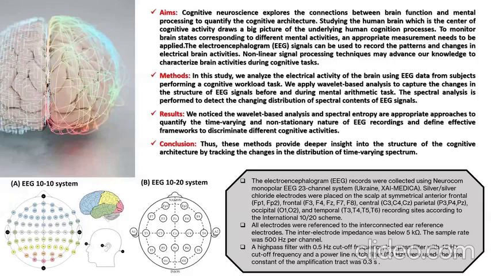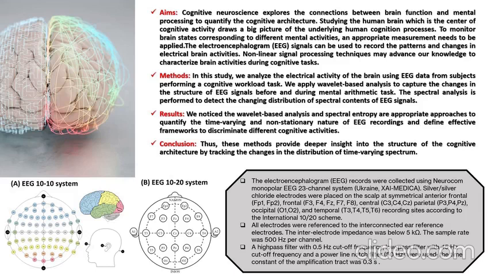EEG-based measures of cognitive workload, such as spectral features of the EEG, have been used to classify different mental arithmetic tasks at different levels: low workload and high workload, and also relaxed. The reason EEG measures are an efficient classifier of mental workload is their sensitivity to variation in task difficulties. That's why we are going to use EEG data in this research.